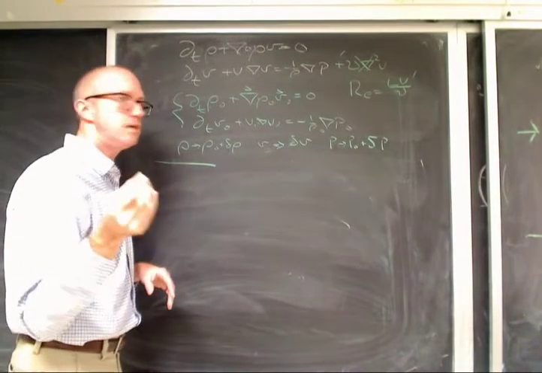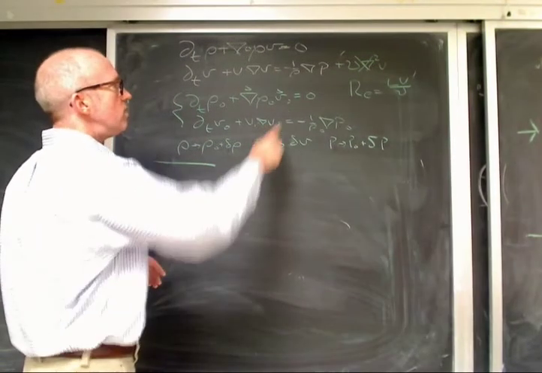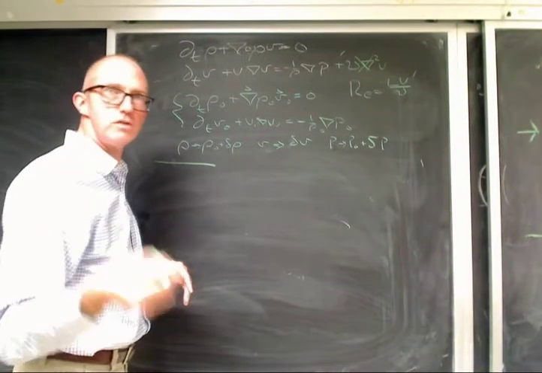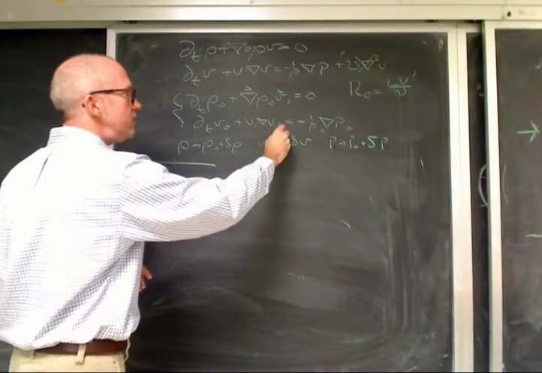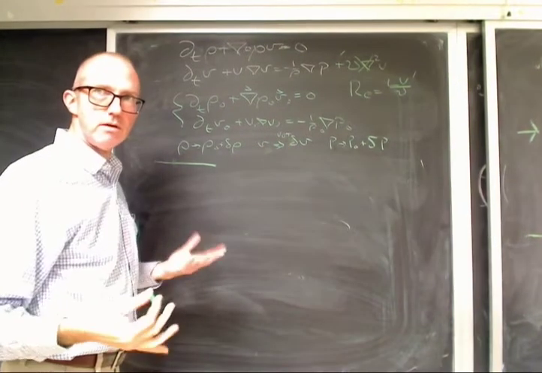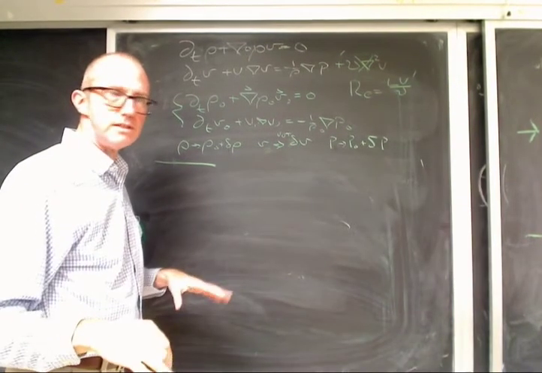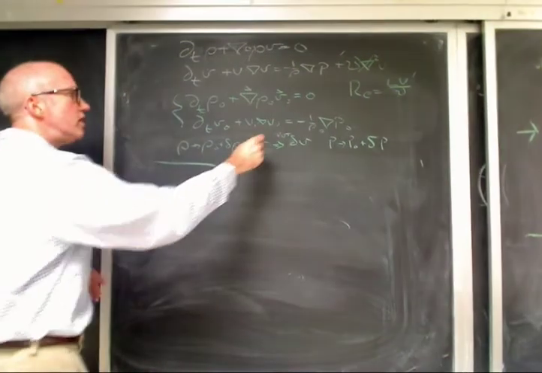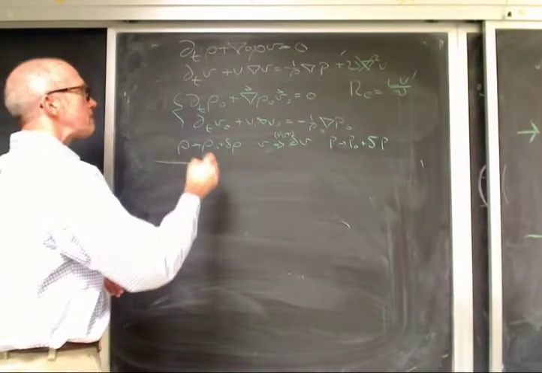Why doesn't V go to V naught plus delta V? Well, V naught is 0. It does. Good question. So I could put this as V naught plus delta V if V naught was interesting and not 0, but I'm just going to call it 0 here because it's easier. So if you want to generalize it a little bit, you can leave that there.